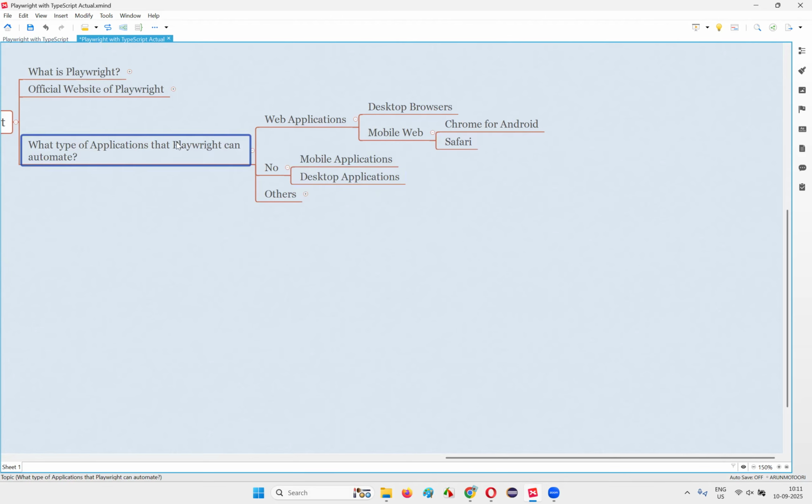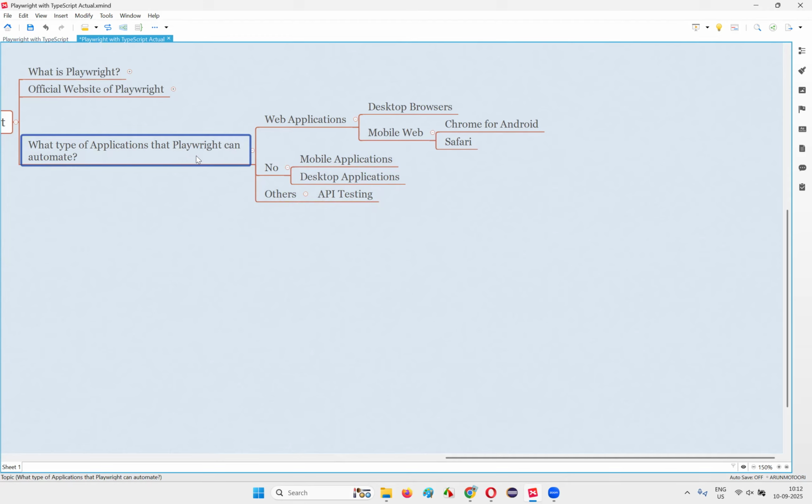There are a few other things that you need to know about the Playwright automation tool. Playwright can be used for automating API testing. Though we have a separate tool like the Rest Assured framework for automating API testing, Playwright also can be used for it. There may be situations where you want a single automation tool which can do both web application UI automation and API testing, or functional testing and API testing. If you want a single tool to perform both, then you can go with Playwright, guys, because